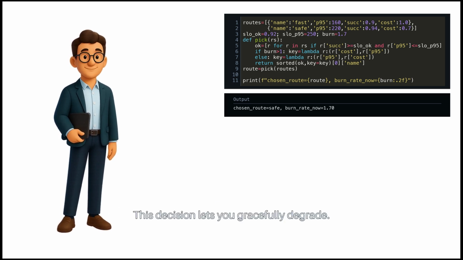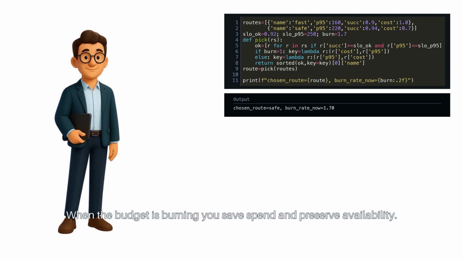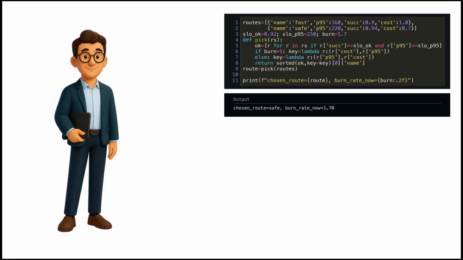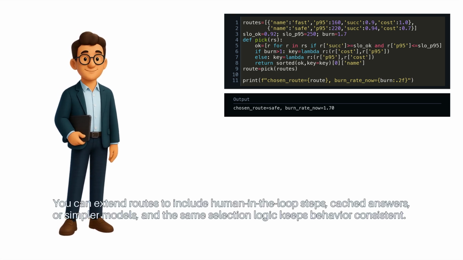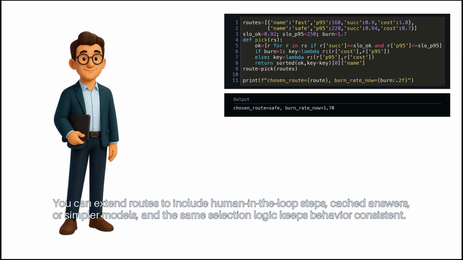This decision lets you gracefully degrade. When your budget is healthy, you chase latency. When the budget is burning, you save spend and preserve availability. You can extend routes to include human-in-the-loop steps, cached answers, or simpler models, and the same selection logic keeps behavior